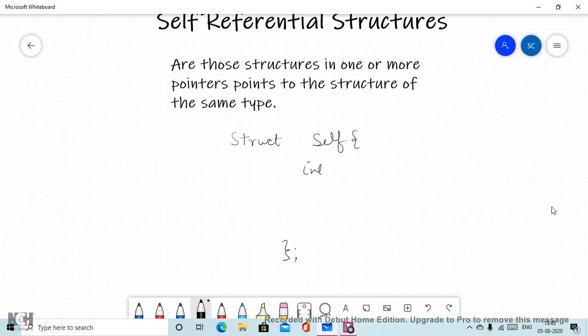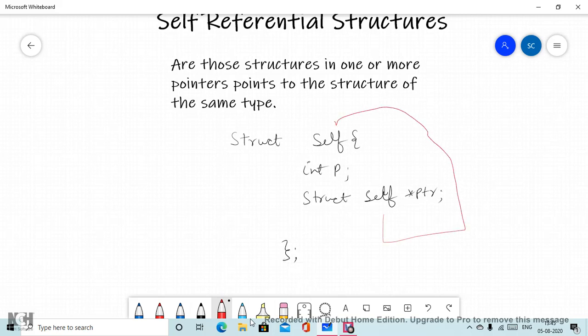So let's say I have int p, this is normal, and then I have another member which is struct self pointer, that means it is a pointer of struct type, and this pointer is going to point to itself. So it is going to point back here. Okay, this is the formal definition of